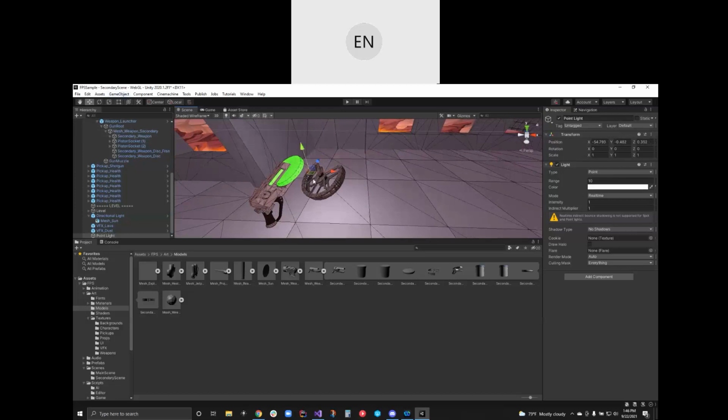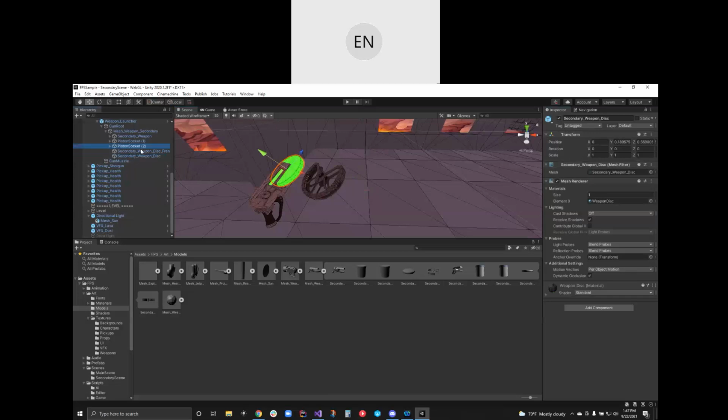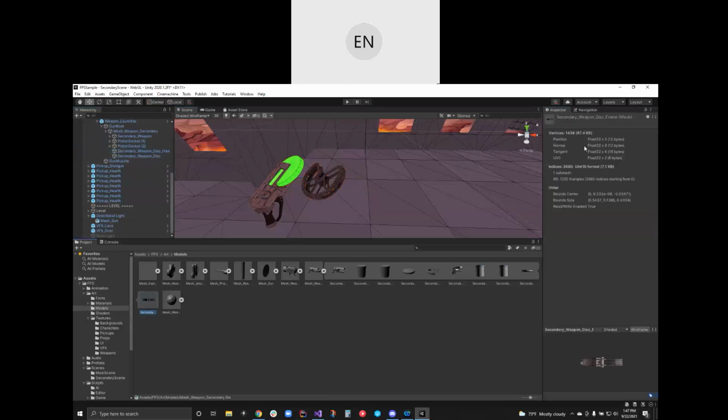You see how it's illuminating the top of this face, but if I move the light underneath it, it's darker now. And that's because it looks at the normals of the faces compared to the light source to see if it should be lit up by the light or not. All right. So if I go back, that's what normals are.